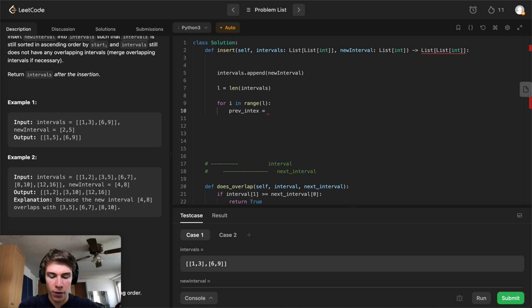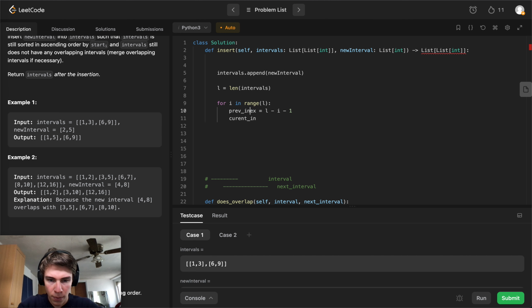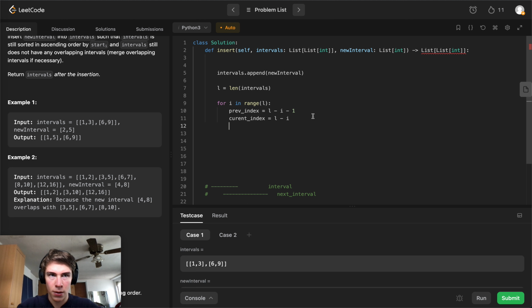Remember that we are starting from L minus i, and L minus i minus 1, current index L minus i, and then we're saying if intervals prev index is greater